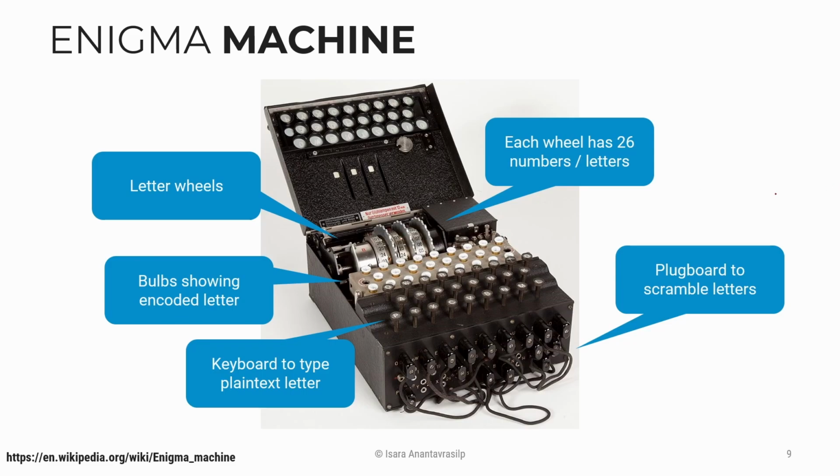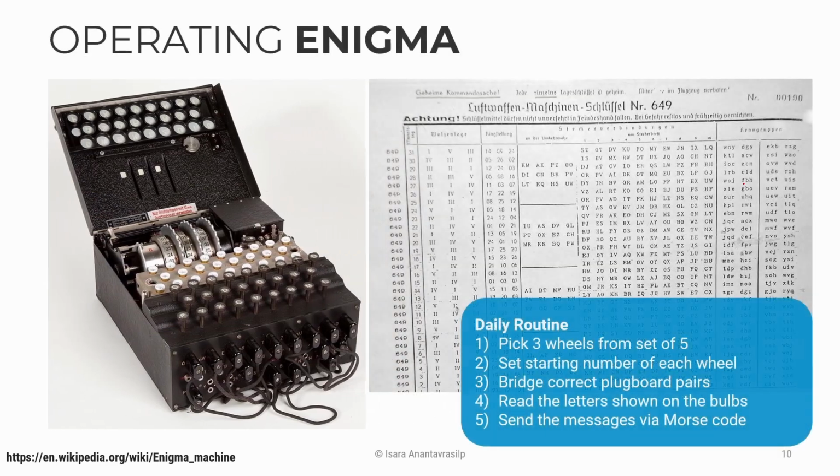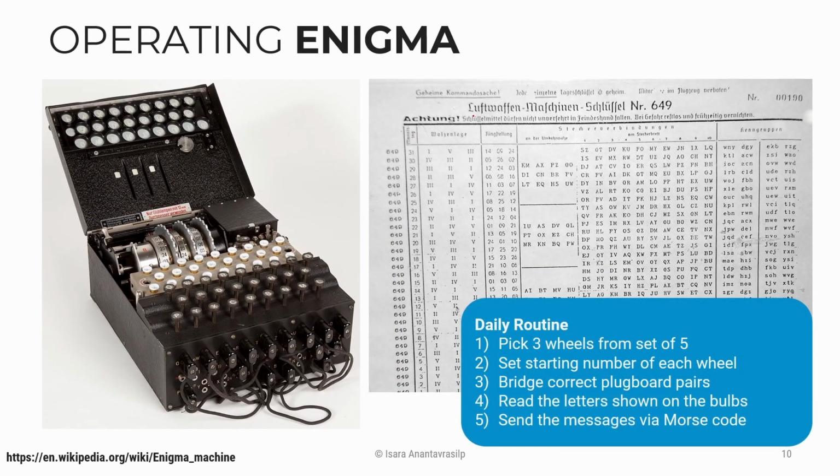So how do they do that? They have this plan. Okay, they have the configuration book. What they do is that each day they have to select the wheels exactly as shown in this plan, and then plug the switchboard exactly as shown in this plan. Once they achieve this, they can read or send messages between any unit.